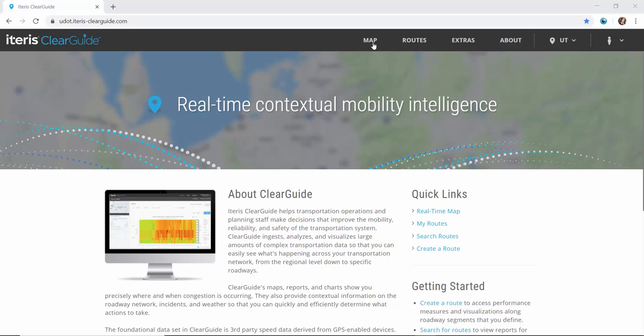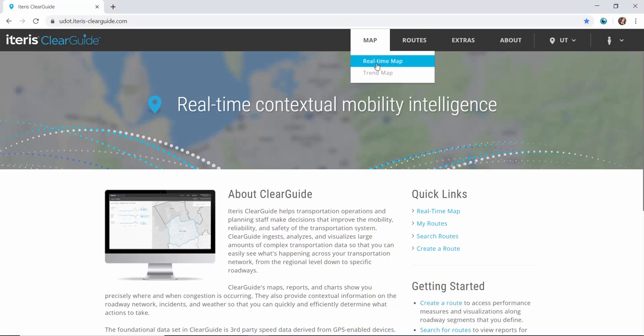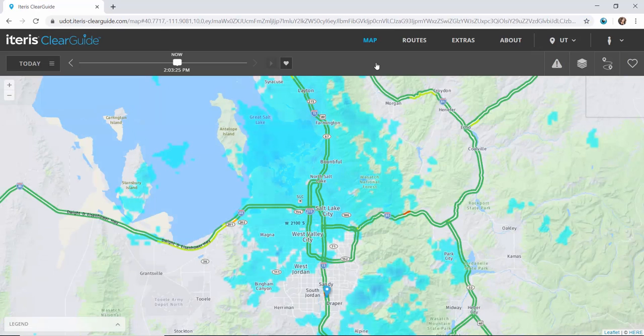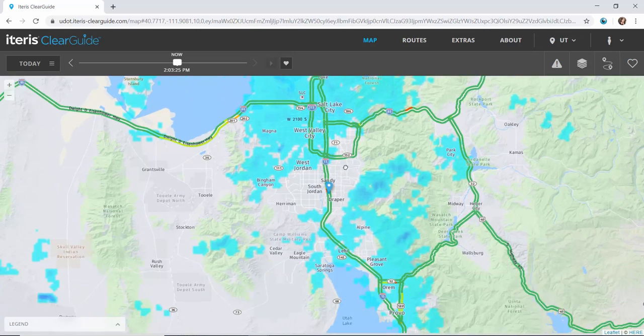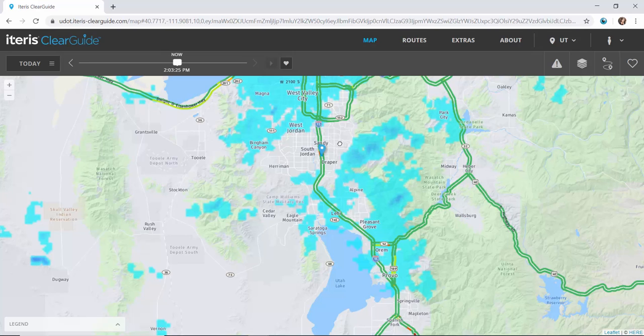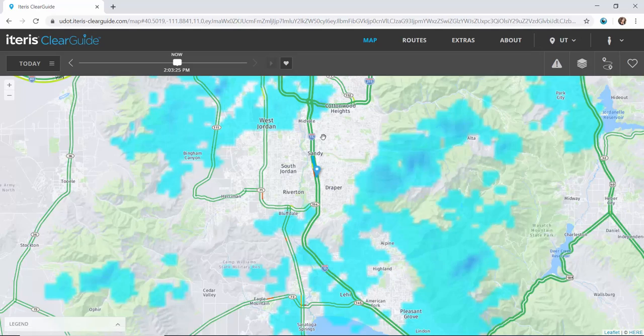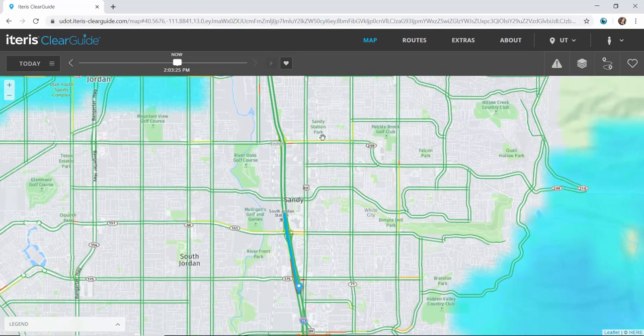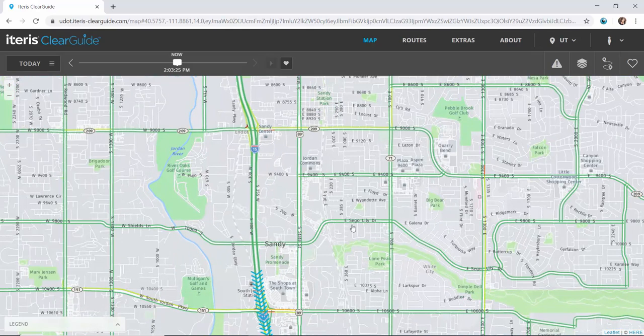So if you go into Map, then RealTime Map, this will give you a good idea of the extent of our data that we have available. So it's statewide all the way down to the major collectors. So if you zoom into the map, you'll notice that as you get closer, the granularity increases and you can start to see some of these smaller